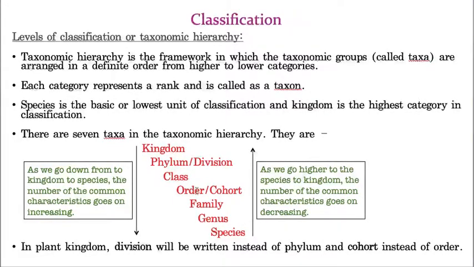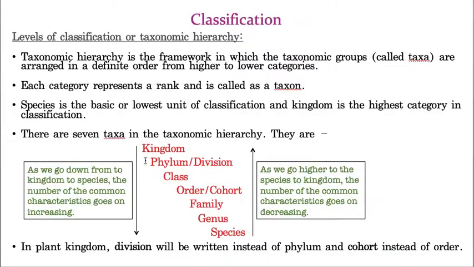So these are the seven taxonomic categories, and if I want to classify an organism 100%, I need to follow this hierarchy only. I can't and I should not use my own ideas or my own thought process to frame what I call the organism. One key point you need to understand. What is the key point?